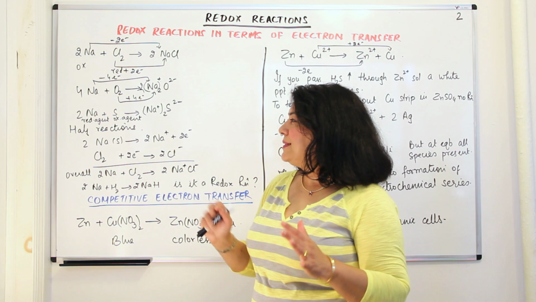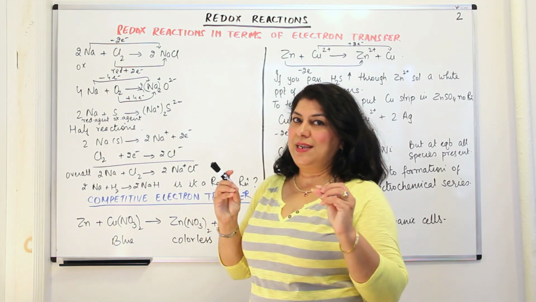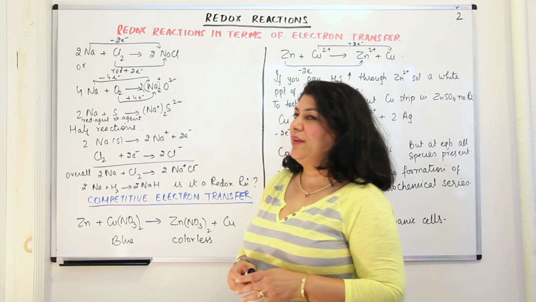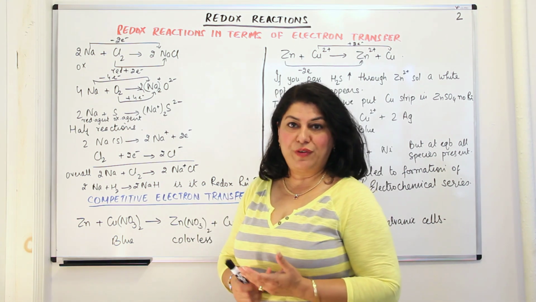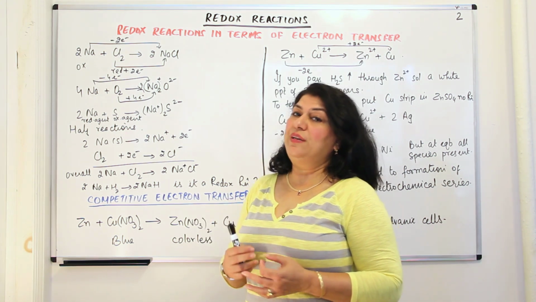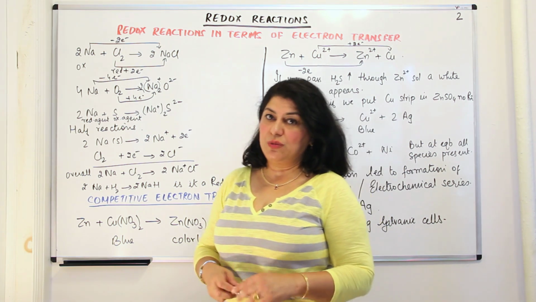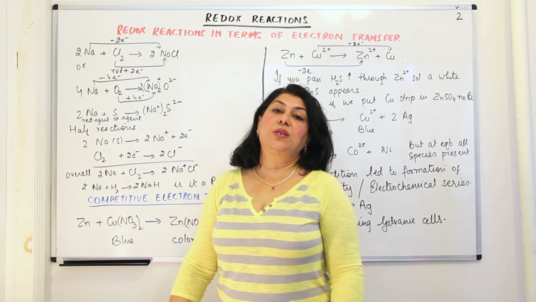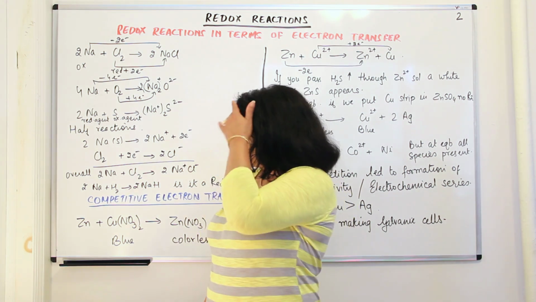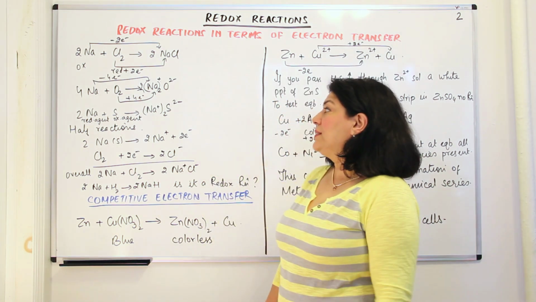So these are some basic concepts and terms that you should be aware of. What is getting oxidized? How do you define it in terms of electron transfer? How do you define a substance getting reduced in terms of electron transfer? And what is an oxidizing agent and what is a reducing agent? Having understood this,